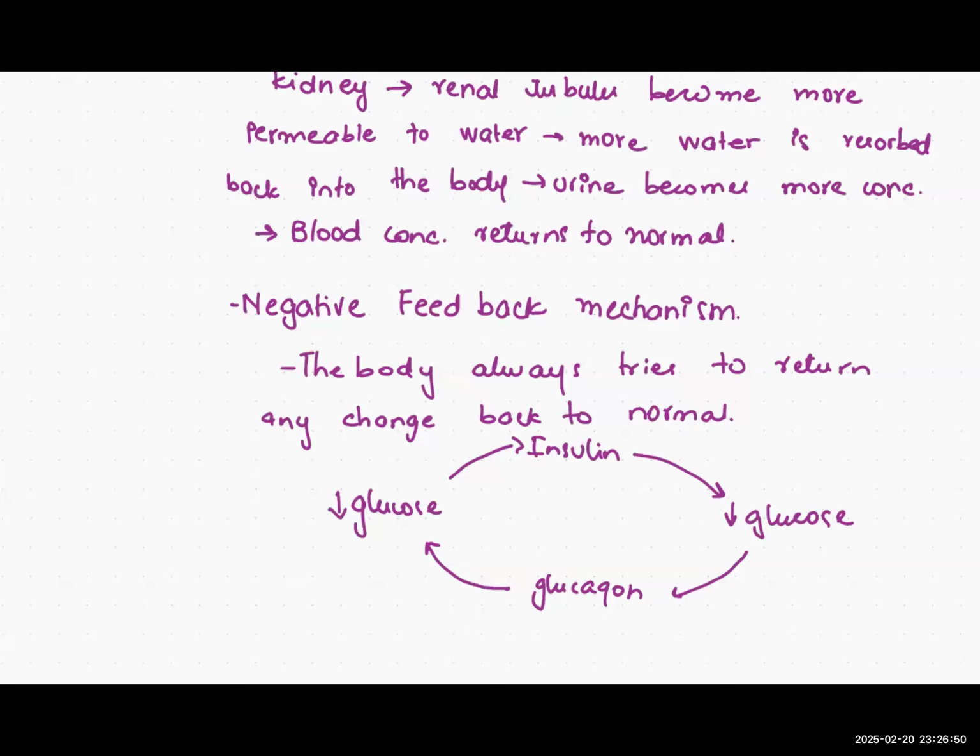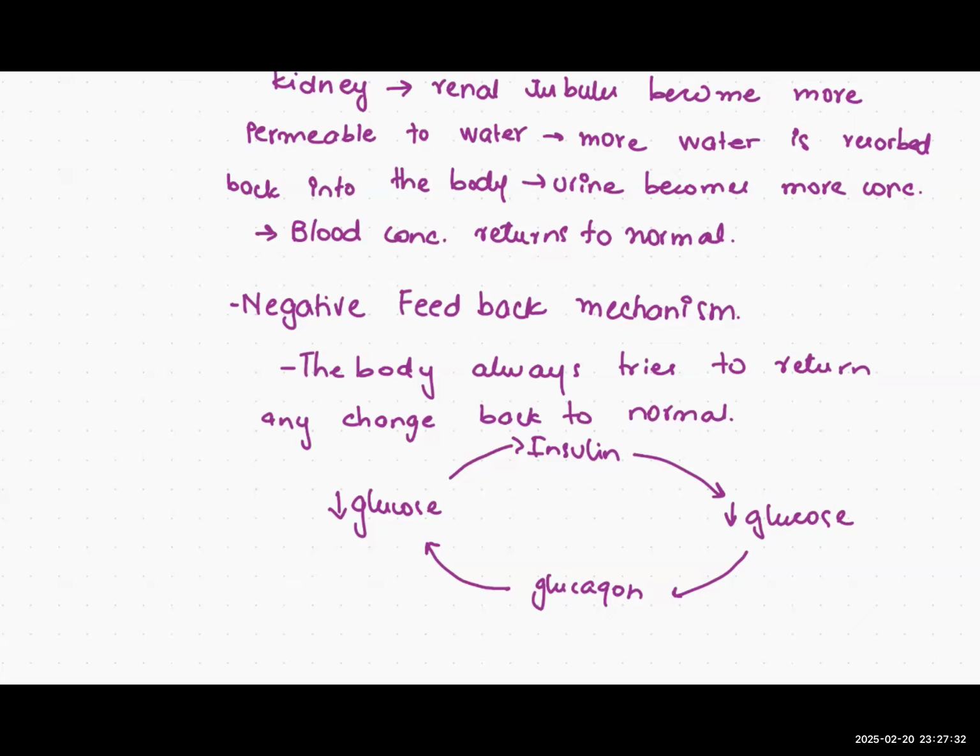When a woman goes into labor, the uterus contracts, right? Every time the uterus contracts, it sends a message to the brain, and in response, the brain produces even more hormones, even more oxytocin, to make the uterus contract again. Then that contraction will again send a message, and the body will produce even more hormones to make the contraction stronger, right? So that is positive feedback. The feedback is coming that the uterus is contracting and the body is making it contract even more. That is positive. Negative is that the body does the opposite and brings it back to normal.